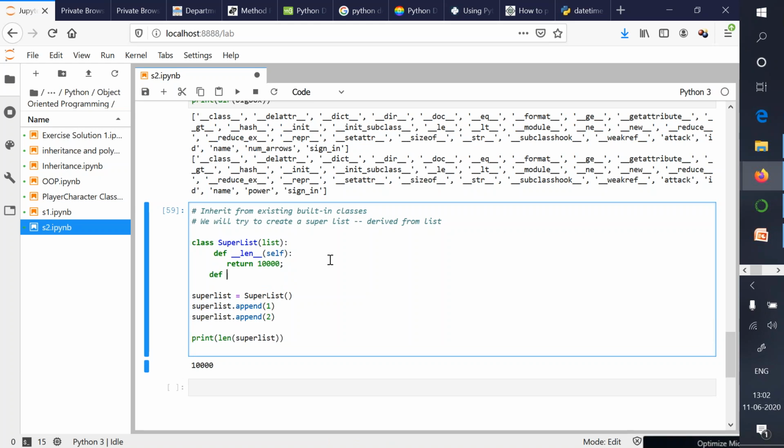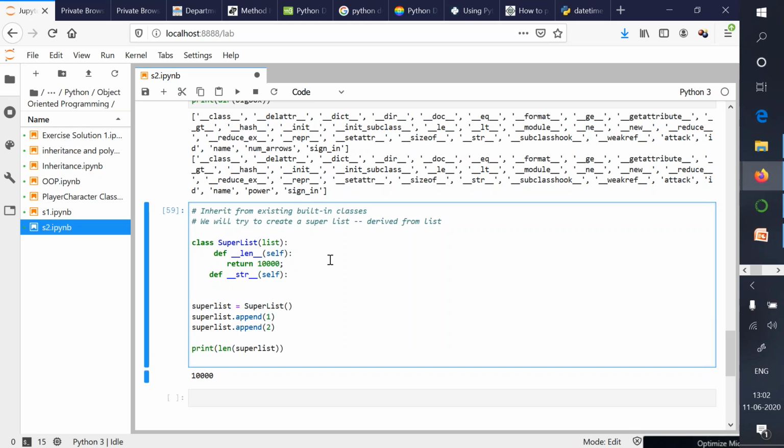So one more dunder method is this def __str__. So we can overwrite this also. Now instead of length, if I use str, let me make these statements comments first.